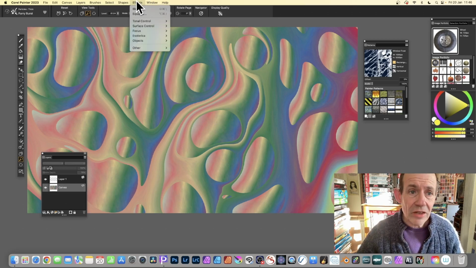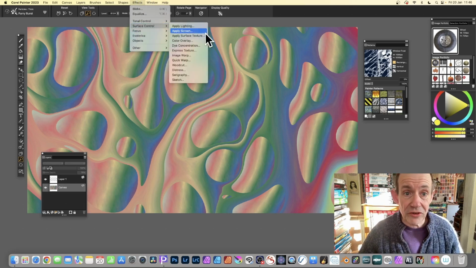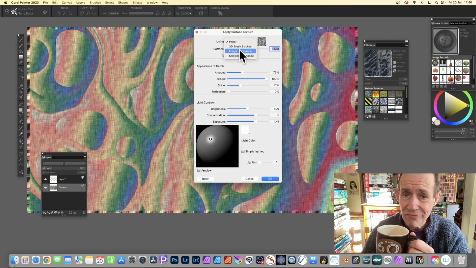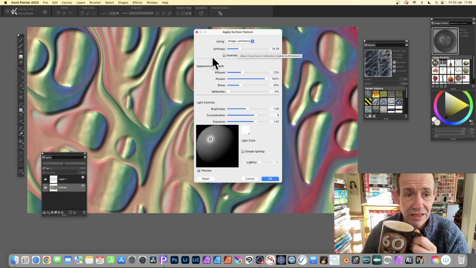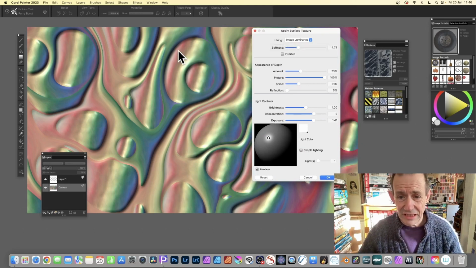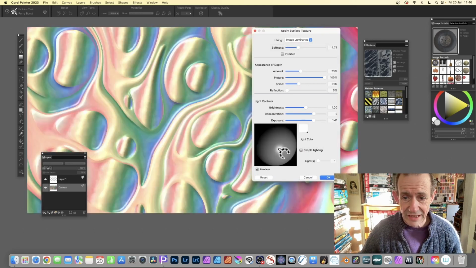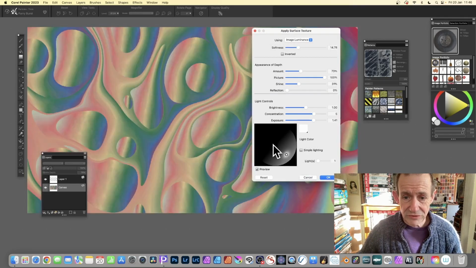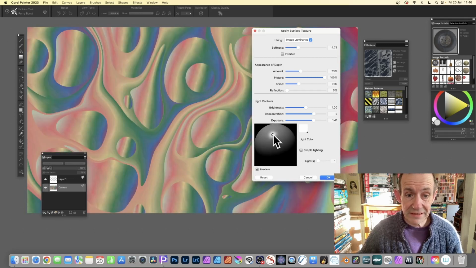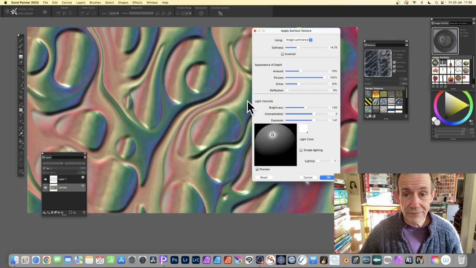But what you can do, again, you can go to effects, you've got surface, you can go apply surface texture. Now I think that's a great one. So you can go here. Now default again, unfortunately in Painter, is paper, but you can also go to image luminance and then you can create that sort of effect. You can create some very interesting 3D designs simply by just dragging that over, move it at different angles. Obviously the colour, you can change the colour of course. You can change it there. Now some are better than others. Go with that. And you can change of course depth, invert it,